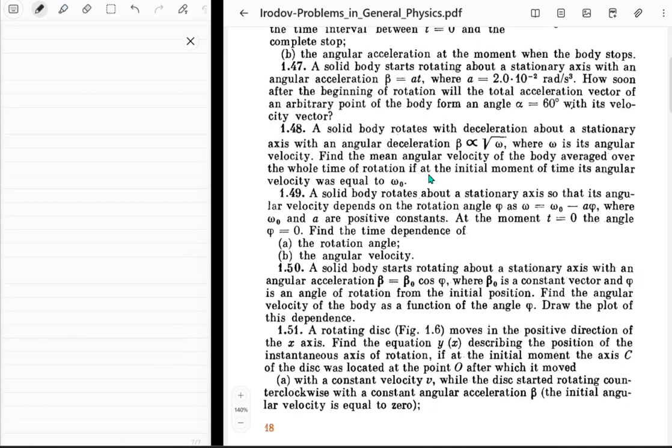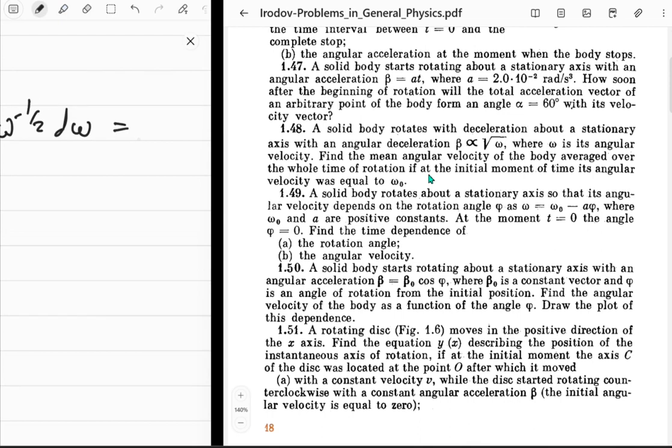Fine, so just a differential equation. So d omega upon dt, right? So it's going to be omega to the power negative 1/2 d omega is equal to k dt, where k is the proportionality constant. So k square root of omega, that would be the thing, right? Then you can say omega to the power 1/2, 2 times of that